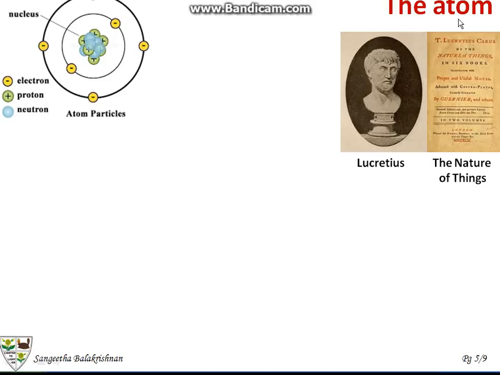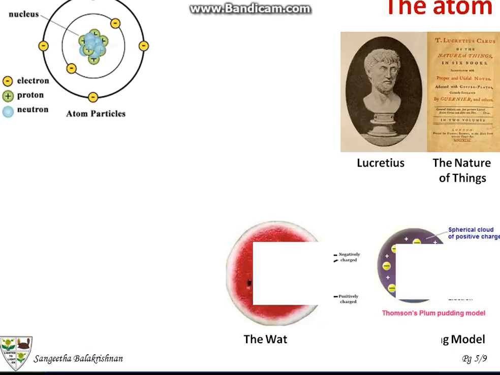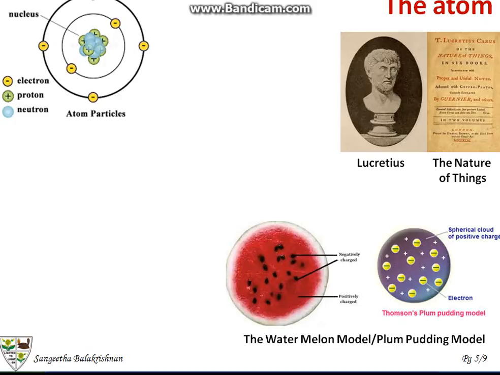So according to Loquacious, the A here in atom is a negation, and the tome, T-O-M-E, is something that's divisible. So atome would mean something that's not divisible, a-divisible. So this was Lucretius' concept of the atom, and moving forth, we are jumping several centuries ahead, and now we